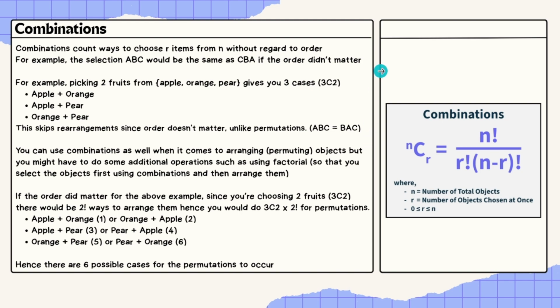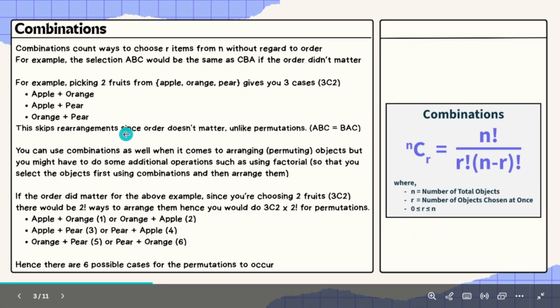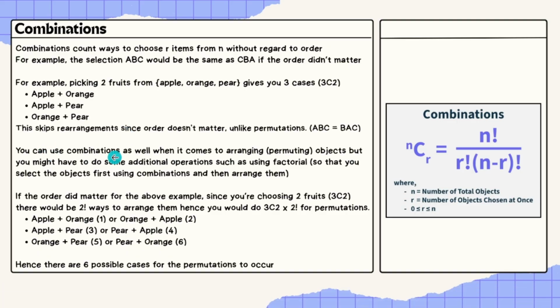This is where the combinations formula comes from. nCr is basically equal to n factorial over r factorial times n minus r the whole factorial. And if you observe closely, it's actually related to nPr. Now, you can use combinations as well when it comes to arranging objects, but you might have to do some